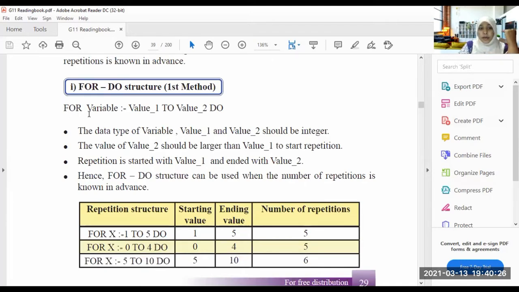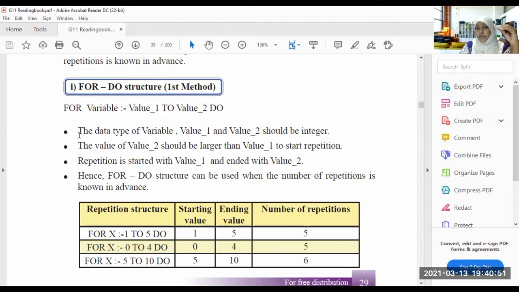For an example, here we are giving for variable is value 1 to value 2 do. I am telling, okay? You will get it better when I go to the next one, okay? Right. So here there are some rules.